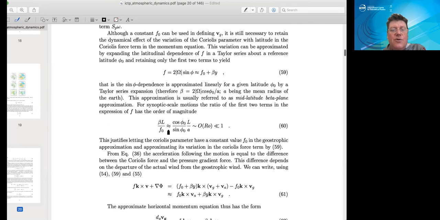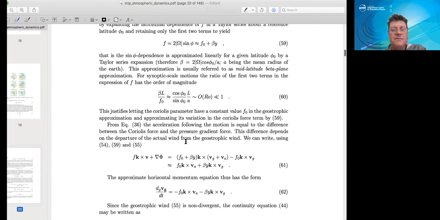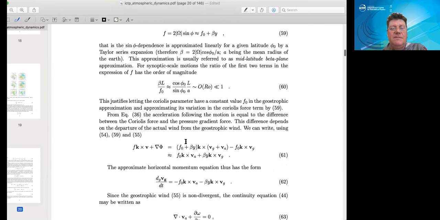So we cannot go too far away from our base point. We definitely have to be, our length scales have to be much smaller than the radius of the Earth, for example. But that can be easily constrained in our consideration. Then, if we want to understand the accelerations of our geostrophic wind, which are governed by the right-hand